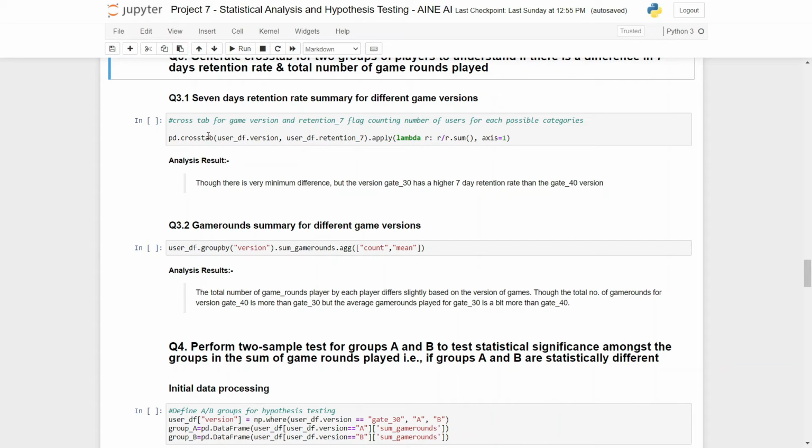So basically, crosstab summarizes the whole thing inside a table. So we are plotting the crosstab of user df, the version column against the retention of the 7 days column, and we are applying the condition that r by r dot sum, that is the retention rate we will get back,